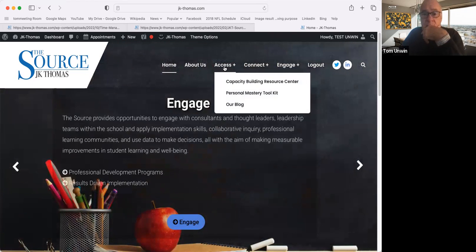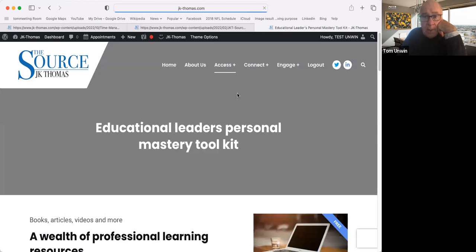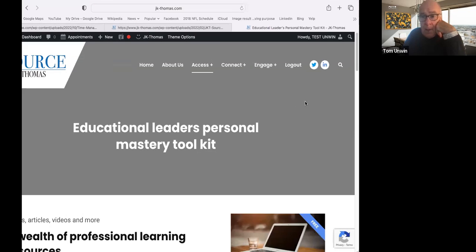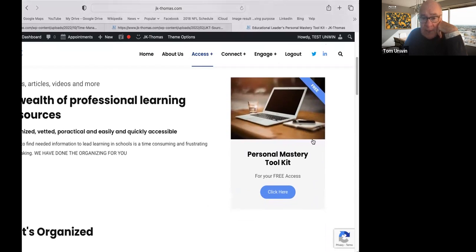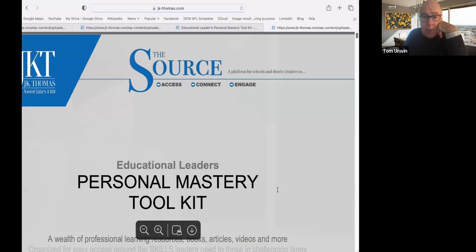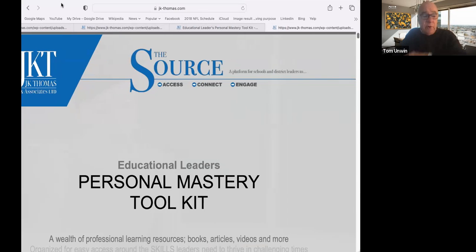This is the home page, and I can just hover my mouse over Access and go down to the Personal Mastery Toolkit. And I'm in there now. And then this page will explain what the Personal Mastery Toolkit is, and I can go into what I call the Personal Mastery Toolkit, and it's a set of resources that are organized around some of the skills that educational leaders need